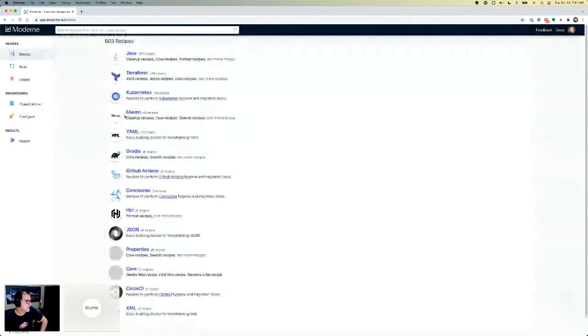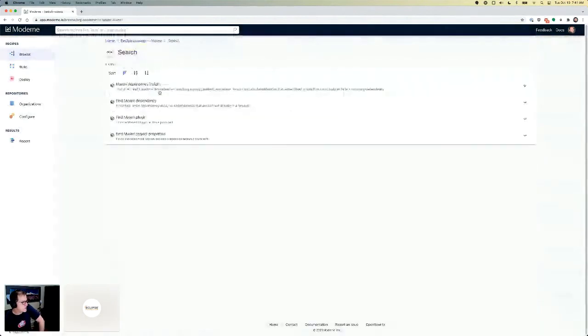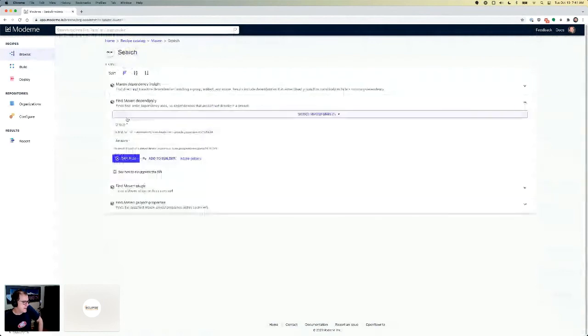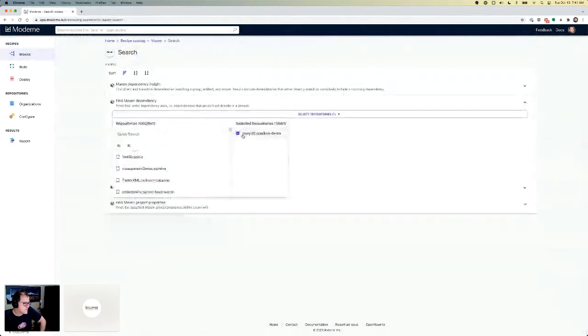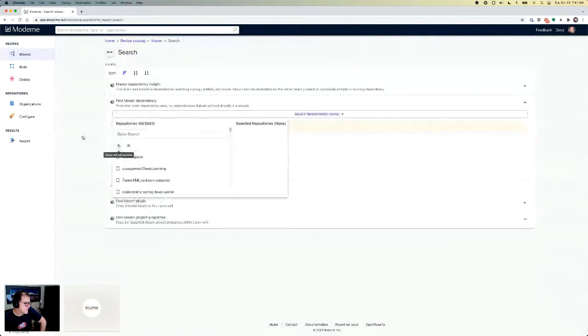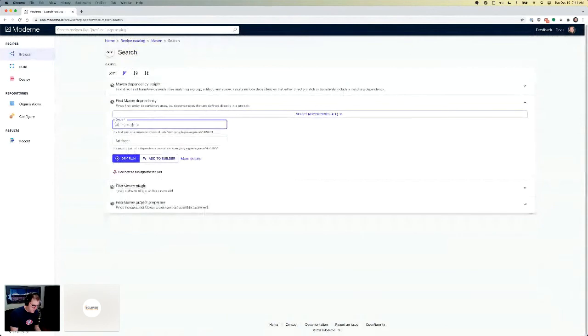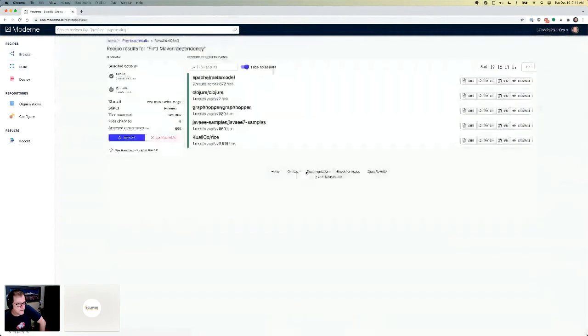I'll use Maven, and I will do search, and I will say I want to find any project, and again, we're going to look at all of them. We're going to look for javax.xml.ws, so basically we're going to look for the old JAX-WS artifact. We're going to look for the API. I want to find projects that are actually using the API. Again, this is super cool. A little better than trying to search GitHub with a text-based search. This will actually tell me all the places where projects are actually using this in one of their dependencies.